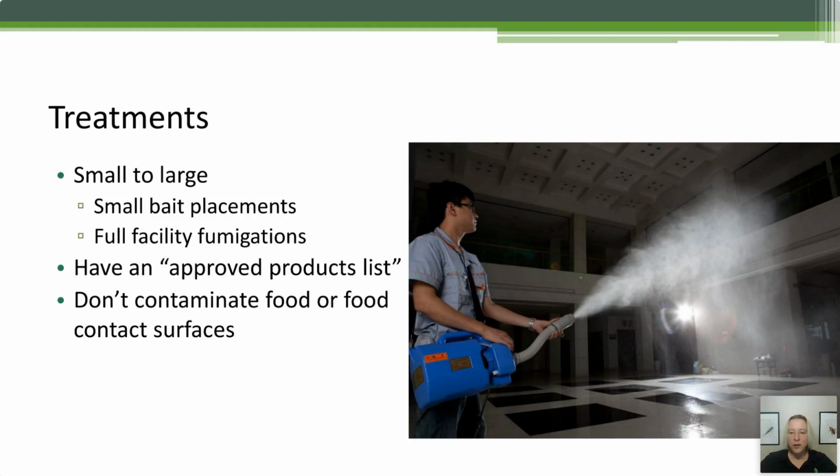So what we're doing with a lot of stored product pest control is we're trying to prevent it. We want to prevent it from getting in the first place, but let's be honest, there's always the chance it's going to get in. I don't know of a single food facility anywhere that has never had a problem with pests. There's always something. So our reaction time, using those monitors and reacting quickly when they tell us that story of something going on, can keep them in that small area, which makes it easier and much less expensive to